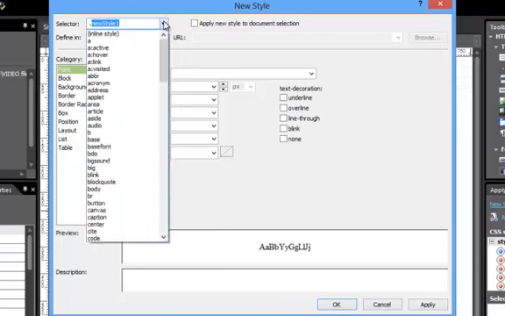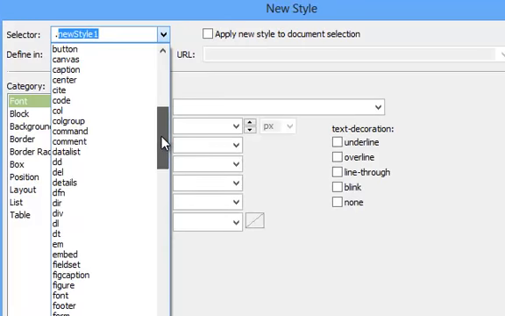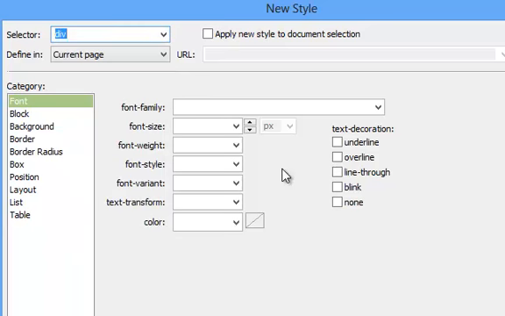And I'm going under selector and choosing the word div, which is basically showing the divisions in this sheet. It will be very confusing at first, but I promise it will make sense later. Choose div, and when you choose div, I want you to go under the border category,